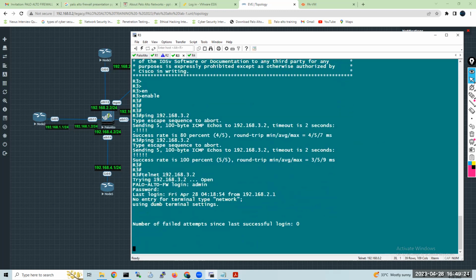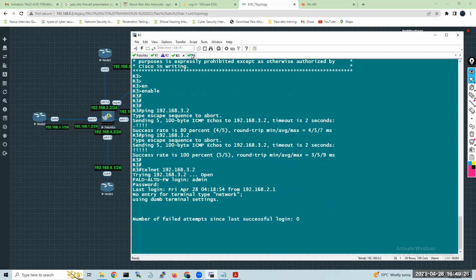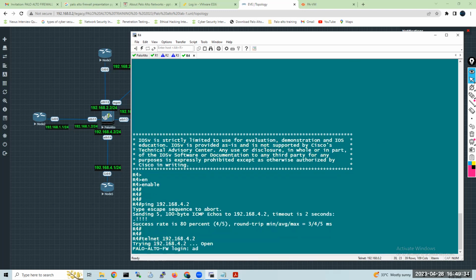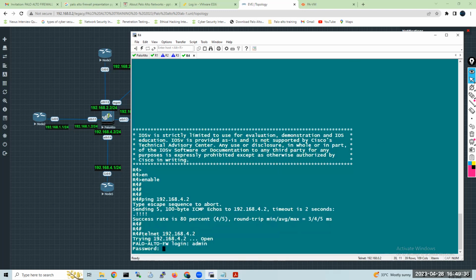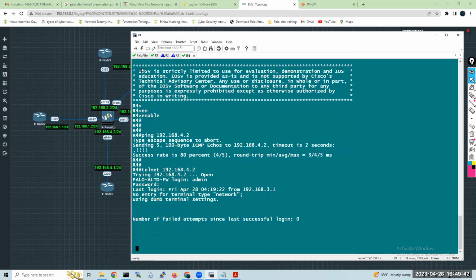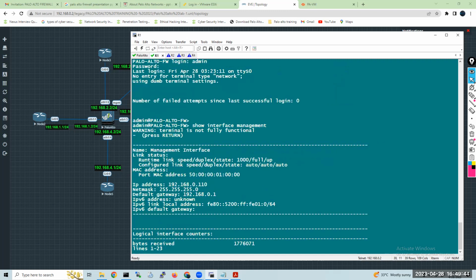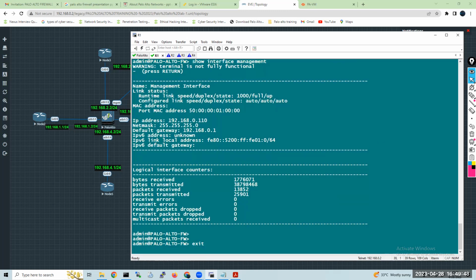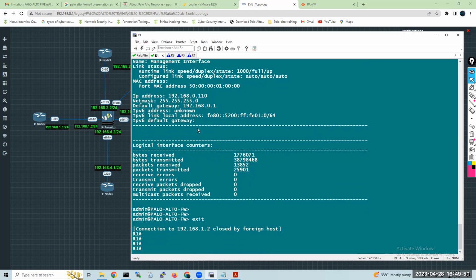Even from my R4 I can access: 192.168.4.2, admin, password is the name at 123, a simple password actually. From all my routers, I can access it. So exit. It comes back to your R1.